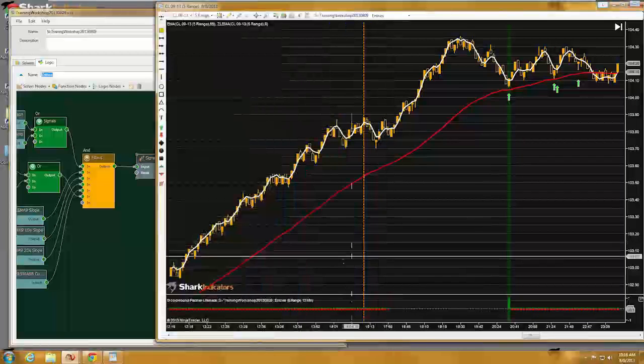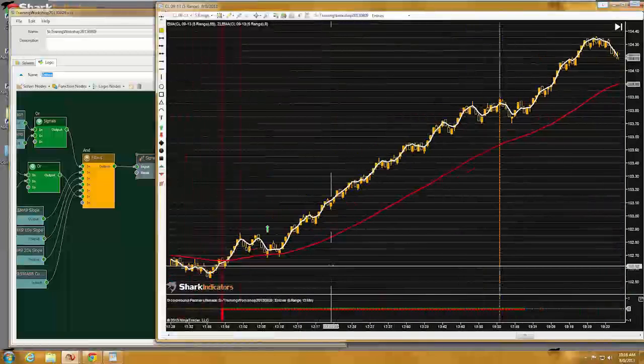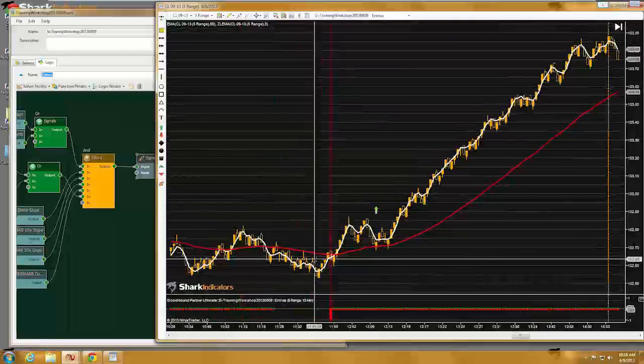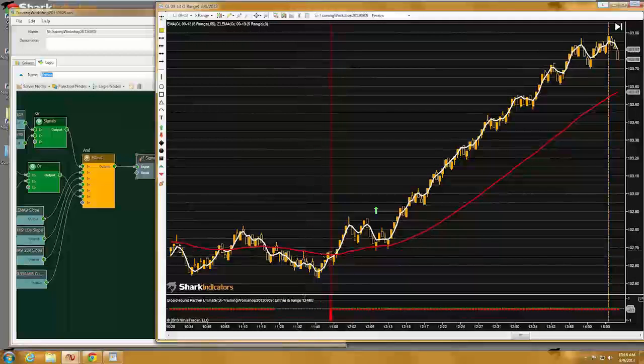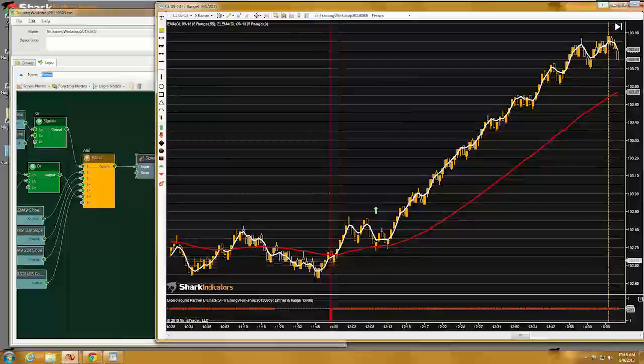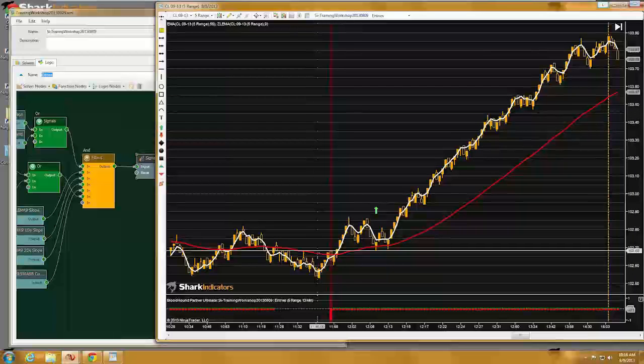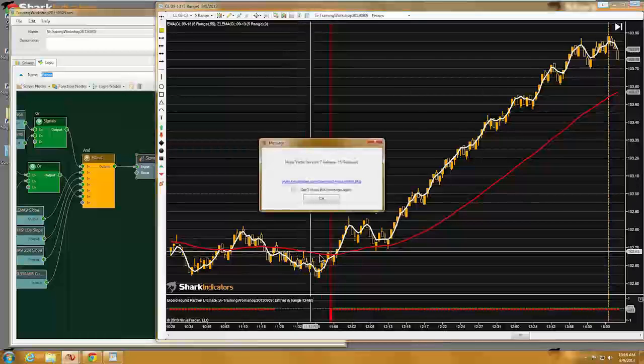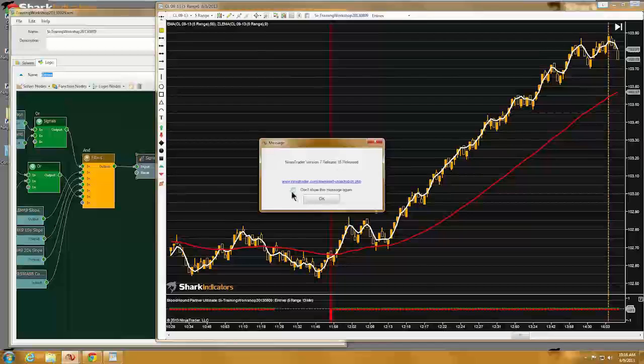So for example, if we're blocking short signals, essentially we're in a downtrend. Normally your system is going to be in a downtrend. And so with this moving average system, when the moving average is pointed down,